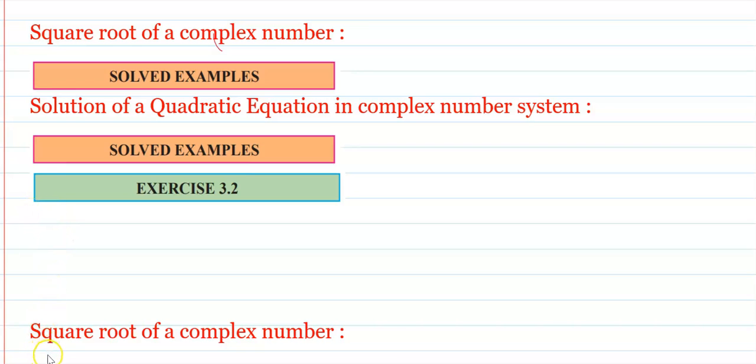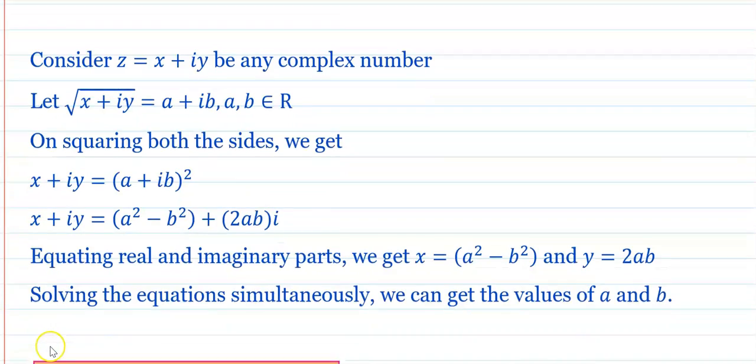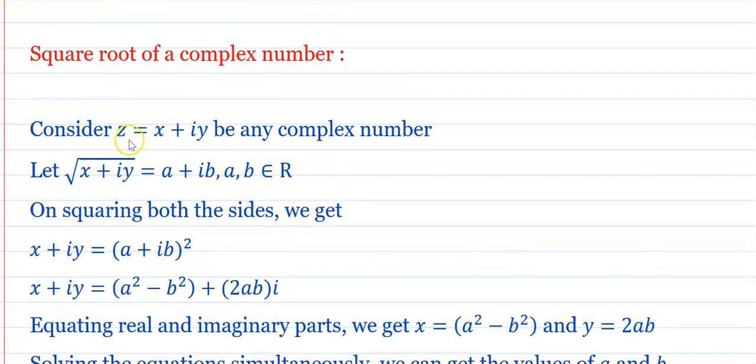First, the square root of a complex number. Consider z is equals to x plus iy be any complex number, and if I take the square root of x plus iy, that's equals to a plus ib. म्हणजे कुठलाही कॉम्प्लेक्स नंबर घेतला त्याचा स्क्वेअर रूट जर आपण काढलं तर आपल्याला पुन्हा कॉम्प्लेक्स नंबरच मिळतो, where a comma b belongs to set of real number. On squaring both sides, then you will get, या रूटचा जर आपण स्क्वेअर केला, रूट आणि स्क्वेअर will get cancelled,